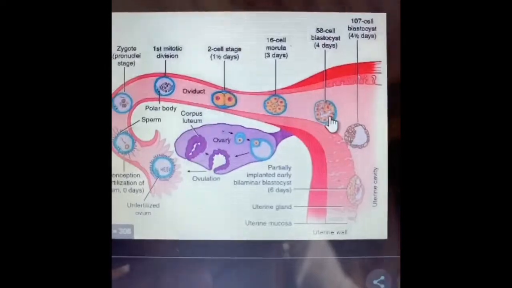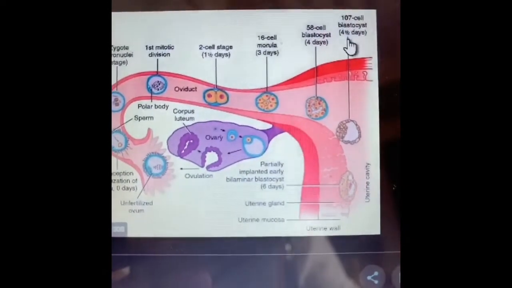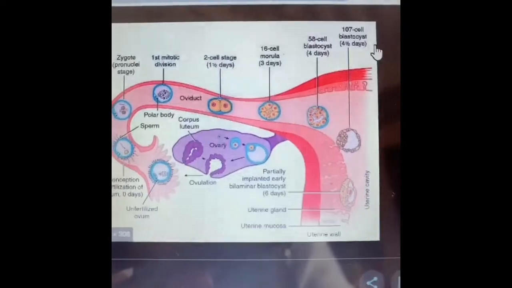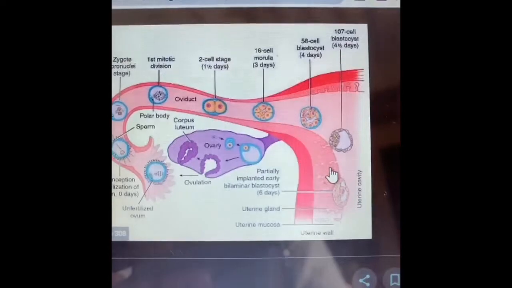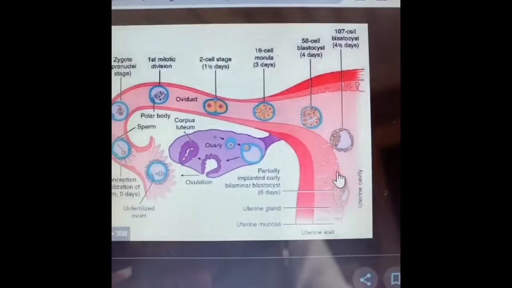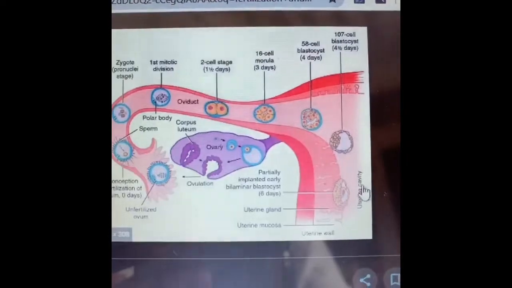You see a small gap forming here. Then it becomes a blastocyst of 178 cells in say 4.5 days, and then it goes and sticks to the inner wall of the uterus, and it gets embedded. Once the developing zygote has got embedded in the uterus, it forms the placenta. This stage is known as the trophoblast, and the differentiation begins, we can say.